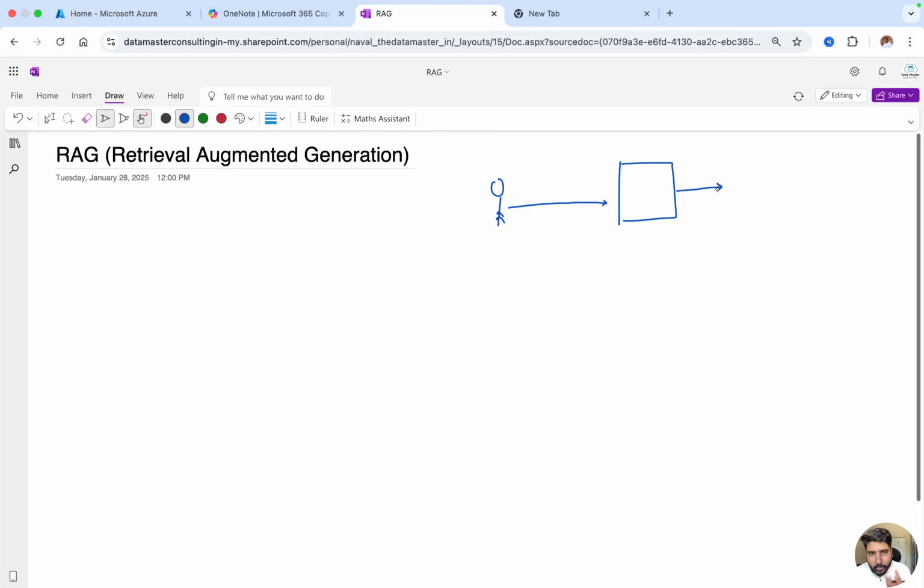Your LLM can be an open source LLM or a closed source LLM, like OpenAI's GPT model or Meta's Llama model and so on, and it tries to generate the output, and we get an output here in the form of text. It can be a variety of other formats as well, but we'll focus on text. But if you're just using an LLM, there are limitations to this. Even if you are a pro at writing prompts, like if you know the techniques, strategies, tips and tricks on how to write a better prompt, still the